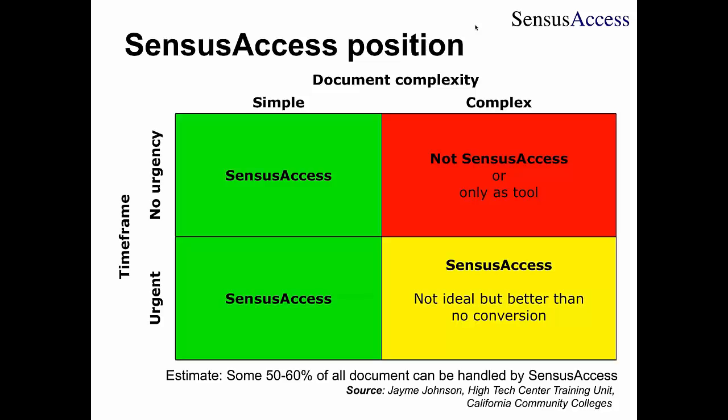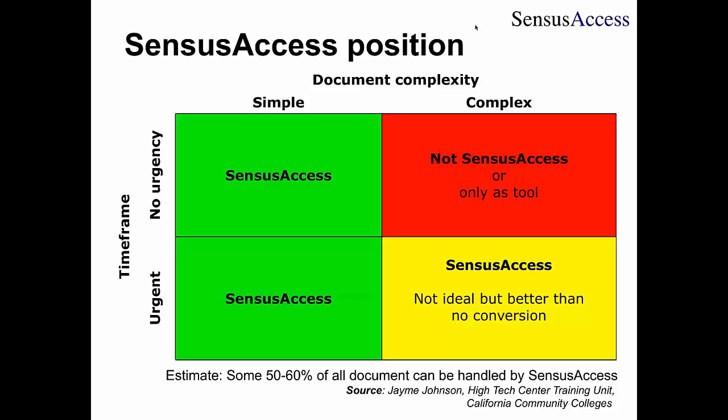For the complex documents, we're saying, well, if there's no urgency in the conversion, you definitely want to look for other technologies and bring in people to do the conversion. So if you know that you have a blind student coming in 4 months' time, then you definitely want to engage people in the conversion. But if this is an urgent conversion, maybe a handout from the professor and students need to have an opinion about it by tomorrow or over the weekend, then even though we may not be able to do the perfect conversion, we still believe that it's a lot better than not having a conversion done at all. So we would like to emphasize that SensusAccess is not the end solution to all alt-media